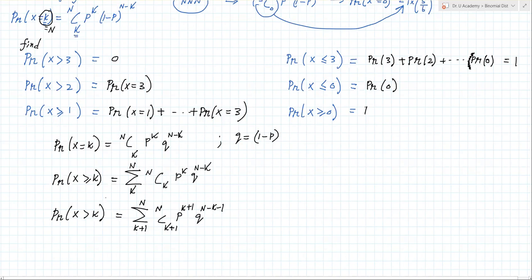So for example, let's take this one, right? Here probability X greater than 2. So you are starting from 3, see? So greater than k, if k is given, you are starting from k plus 1. So these three things, you don't have to memorize them, okay? Memorization wouldn't work, you know that. You have to understand what is happening. When you see this, that, and this, you have to understand what these values are, what the n value is, what the k value is, and how to play with these things. That understanding you should have. Okay. So if you still don't understand that, you can contact me.